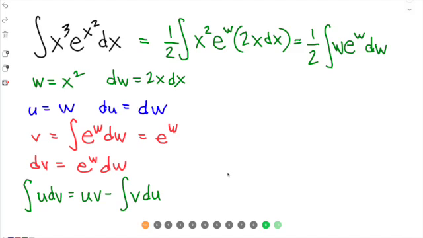So this integral would be equal to, remember that we have a 1/2 outside, so that's uv. U is w, v, that's,